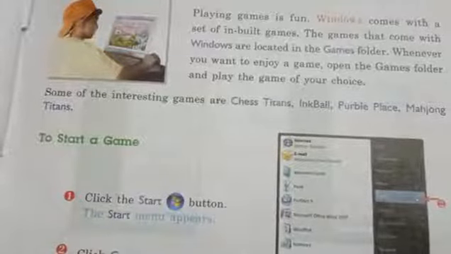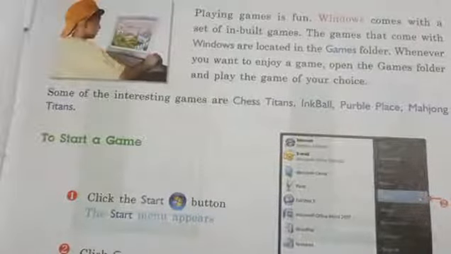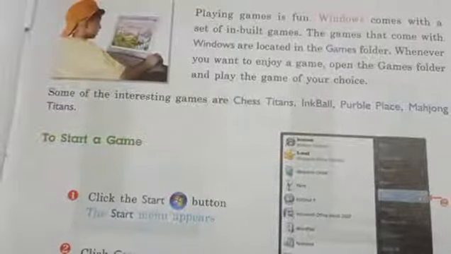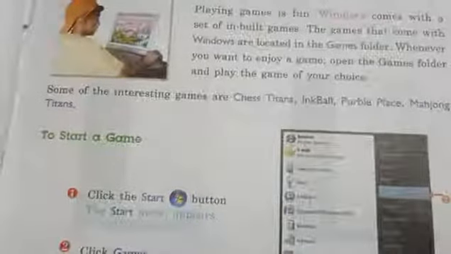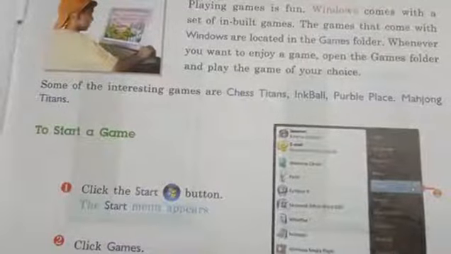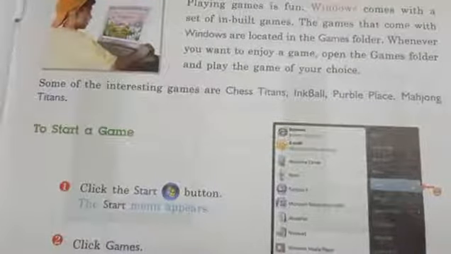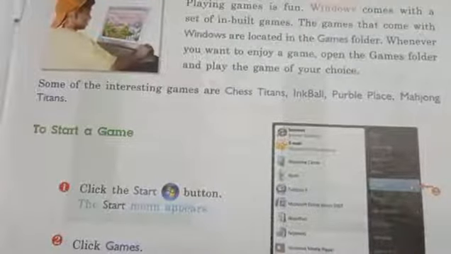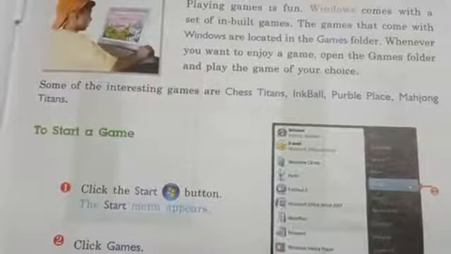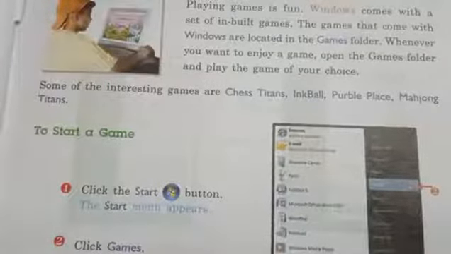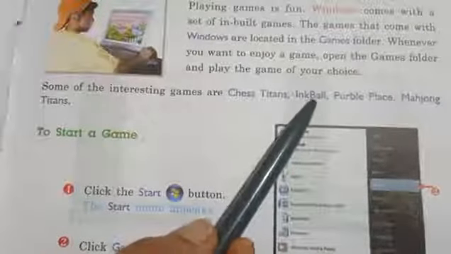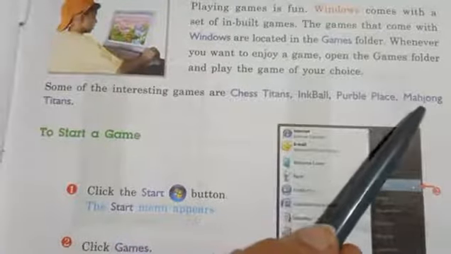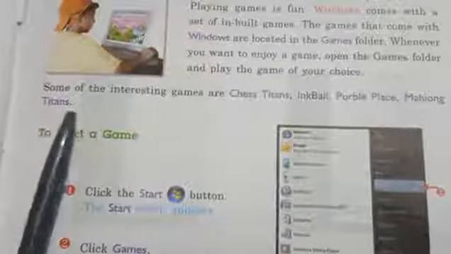Whenever you want to enjoy the games, open the Games folder and play the games of your choice. Some of the interesting games are Chess Titans, Inkball, Purble Place, Mahjong Titans.